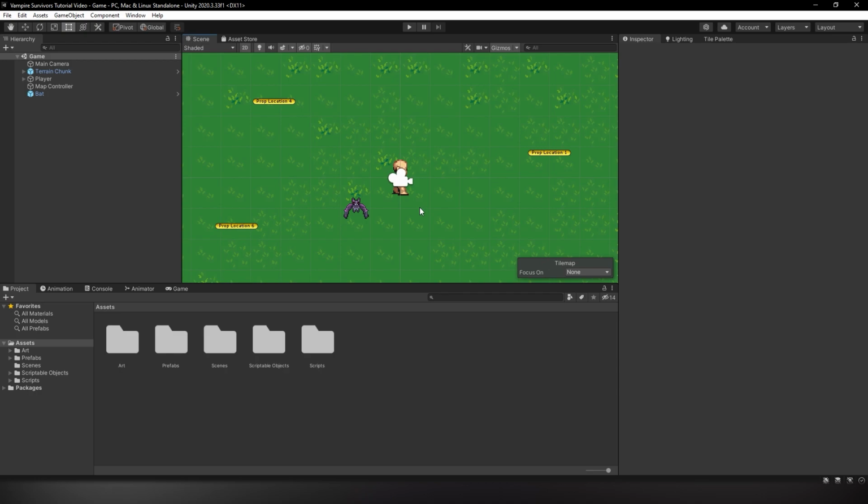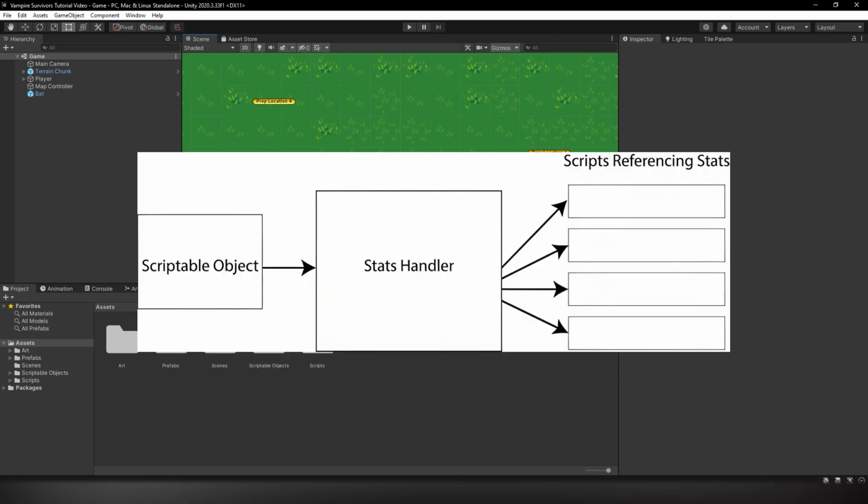So we'll start by addressing the flow of stats. Now you'll be wondering what exactly this means. Well, essentially, in the previous parts, we did introduce something called current stats if you remember. However, we have yet to fully implement them, thus resulting in cluttered code as some of our scripts reference scriptable objects and others reference the current stats. So to remedy this, we basically just need to establish a streamlined process for all these stats to pass through a handler before being referenced.